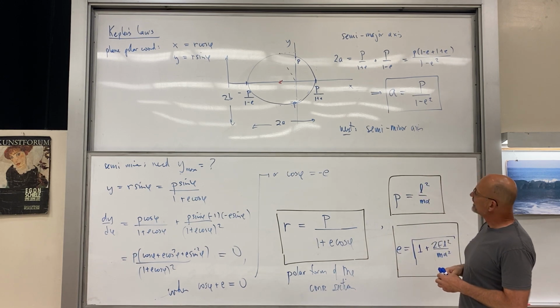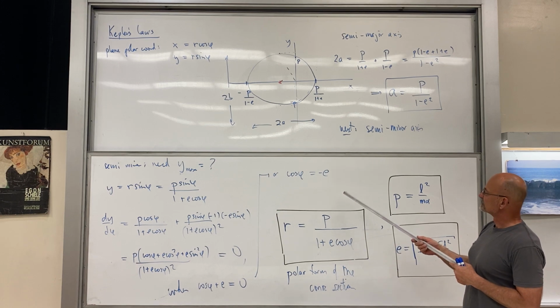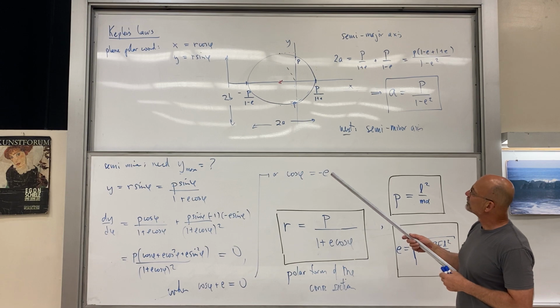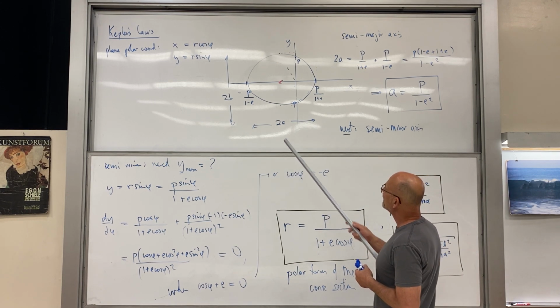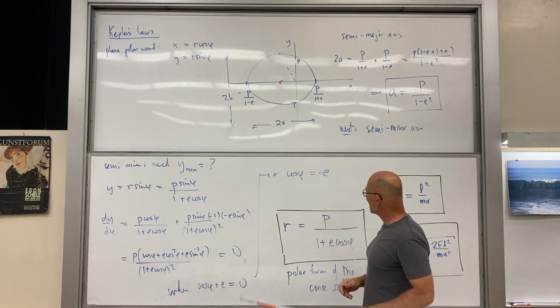So cosine of phi is equal to minus e. What do we do with that? We plug that back into y. So y max,